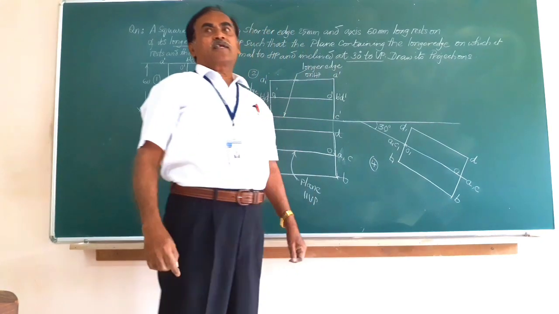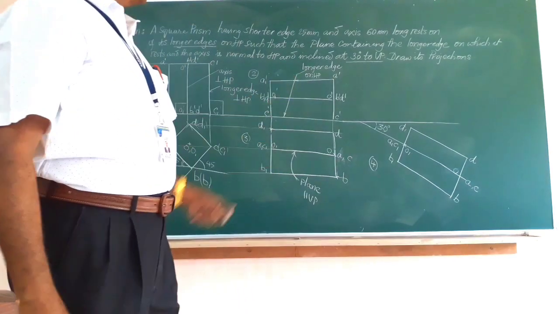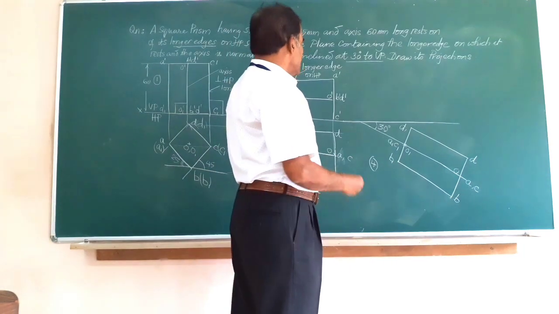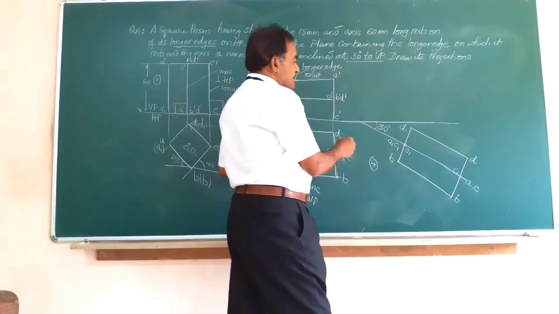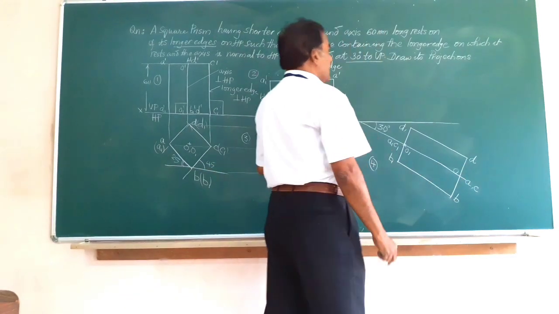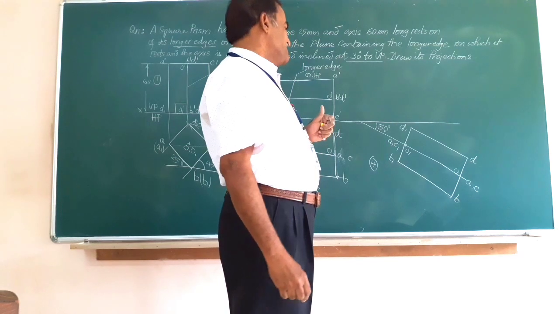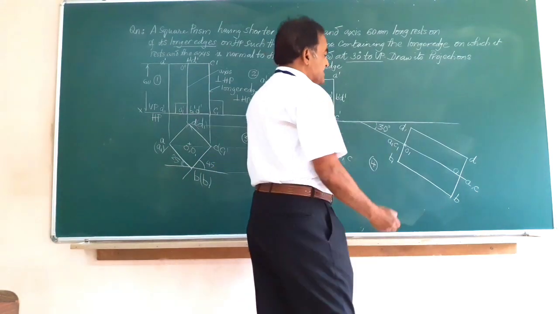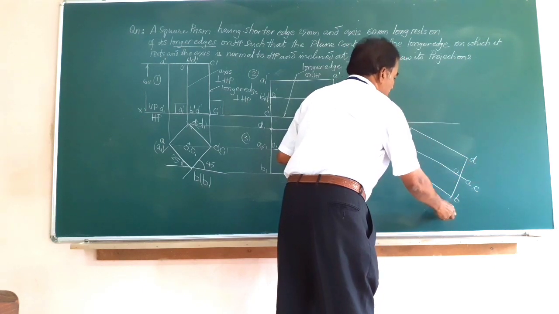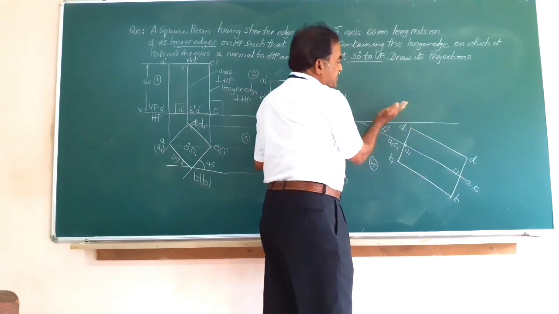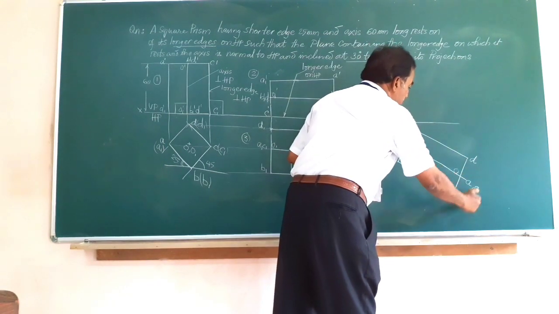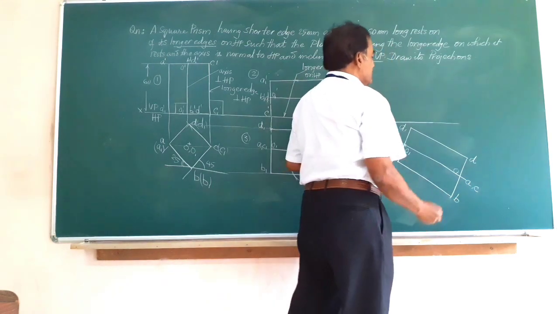Now finally we are left with finding out or getting the front view of the solid. Friends, this is very clear. The object is resting on one of the longer edges CC, and the plane containing the longer edge has become inclined at 30 degrees. I should get the front view of the solid. In the front view, since the top face of the solid ABCD is nearer to the observer, and the bottom face is away from the observer or nearer to VP, the observer will be able to see the complete face ABCD.